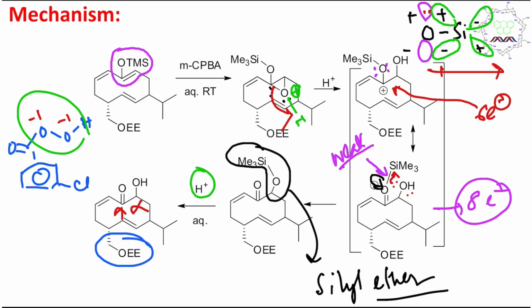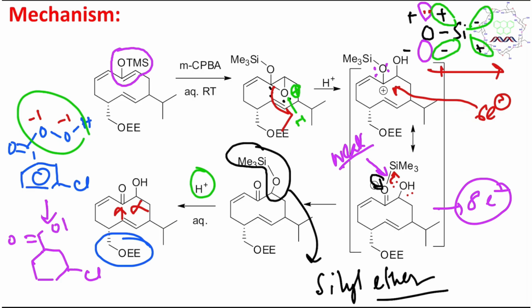It is ethoxy ethyl protection of alcohol. Under this reaction condition it will not open. Now if I ask you, student, can you make any guess what is the pH of this reaction medium? Obviously the pH of this reaction medium is slightly acidic. Why? Because mCPBA, after oxidation, it converts into